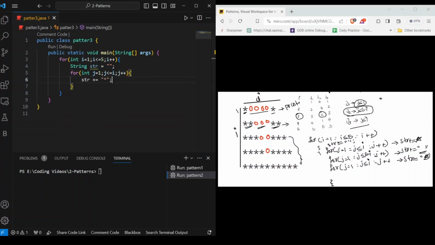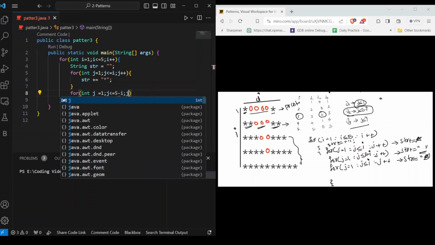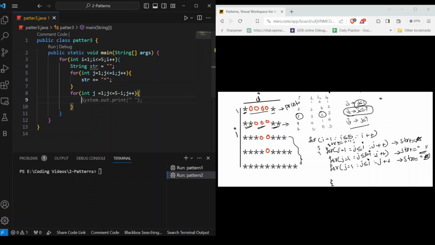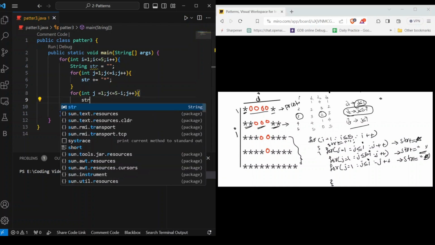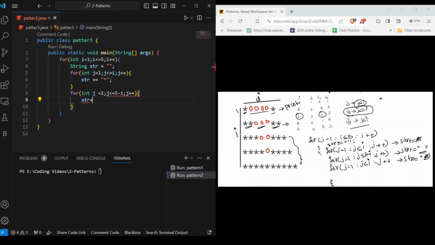Here I want to add a single star, and for the next j loop, int j equal to 1, j less than or equal to, what's the next condition? It is 5 minus I, right? 5 minus I, j plus plus. Here I just want to add a space, so str assigned just a space. What about the other j loop, int j equal to 1? It's also starting from 1,